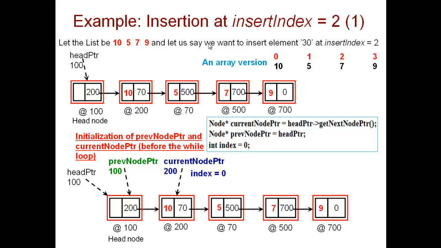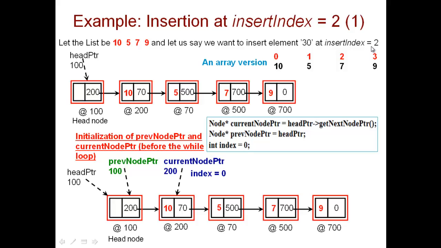So when we say we have to insert at a specific index as part of our code, we have to keep track of where we are in the traversal and insert at the appropriate location. Okay, so let us use the same list 10, 5, 7, 9, and I want to insert the 30 now